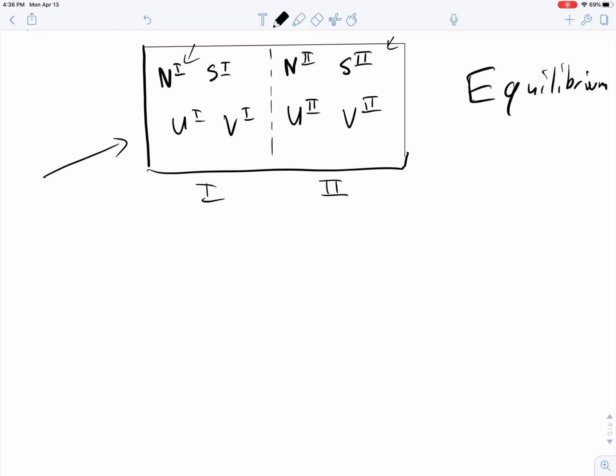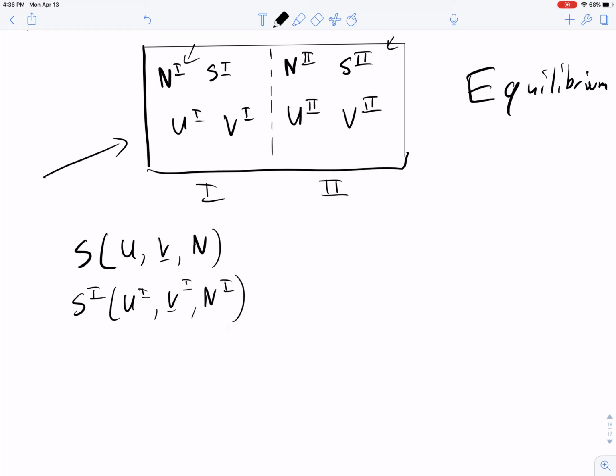One thing that we're going to make use of is we're going to make entropy as a function of internal energy, volume, and the number of moles in each phase. So S1, U1, V1, N1, just so that we can take a look at the derivatives and then get a relationship for how we